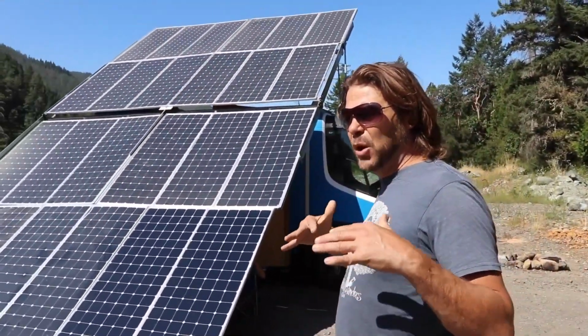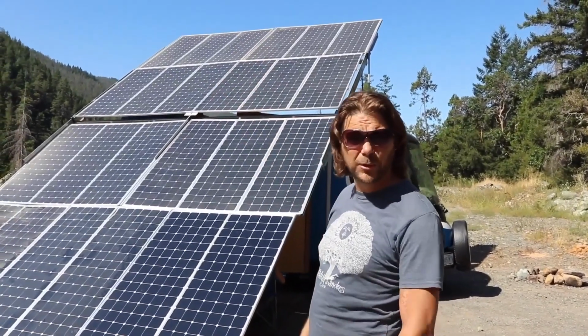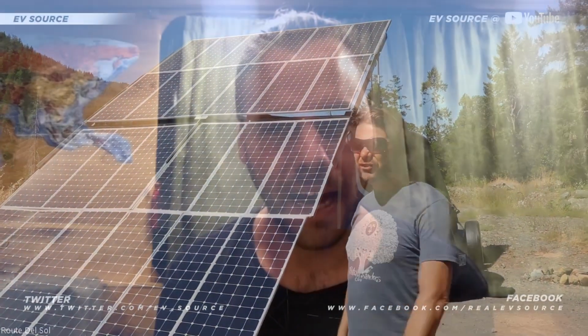Technically, on paper, it should take about 20 hours of sunlight hours to charge the van. And so when you think about that, you get little clouds and stuff like that. The quickest I've ever done it is in 2.5 days. Typically, though, I kind of stop in a place for about 3 to 4 days. Like on the 3rd day, I'm getting my charge full. And on the 4th day in the morning, I wake up, I pack everything up, and then I hit the